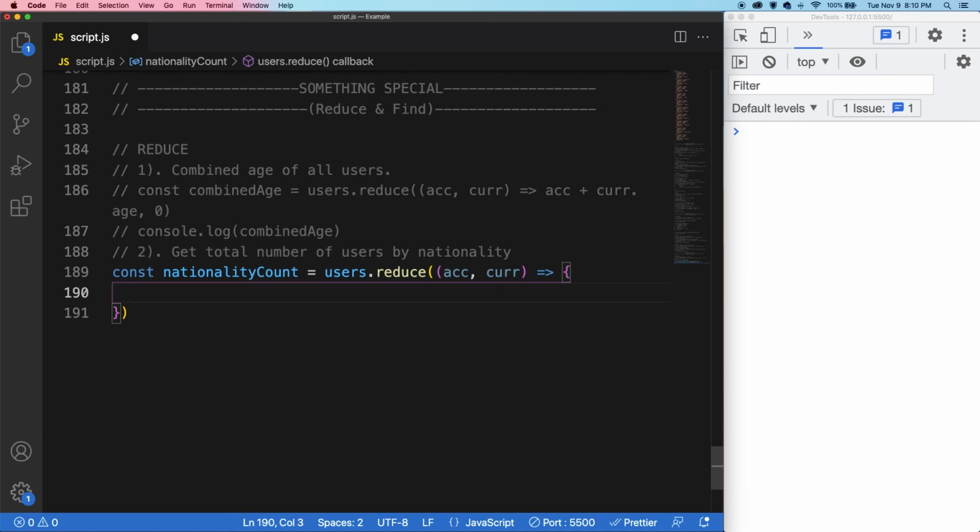So let's do an if statement. If the accumulator, so the number that we're tracking, the little bit of state that we have, at the cur.nationality. This is essentially saying, in the accumulator, in the final output that we're going through, does the current.nationality exist? This is essentially a string, so this would be Canada, let's say. So in the accumulator, if Canada exists, then we're going to do